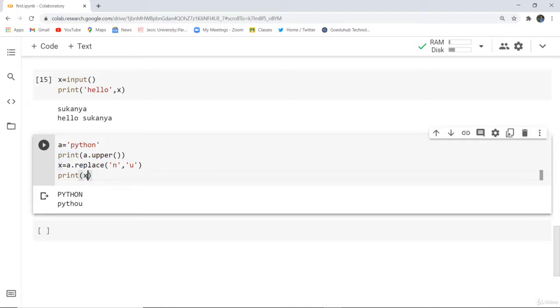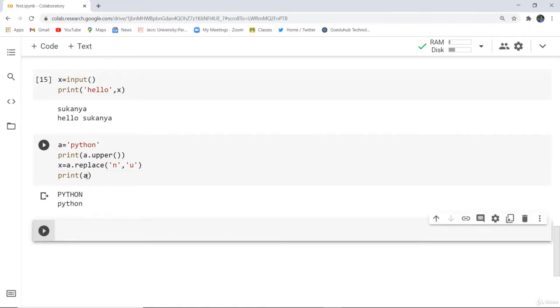So that means if you again print this particular A, then it is going to print Python only, because initially you have initialized the string and that is immutable in nature. So by the end of this video, we have discussed about strings, which are also set of data types in Python, and the next data type we will discuss in upcoming videos.